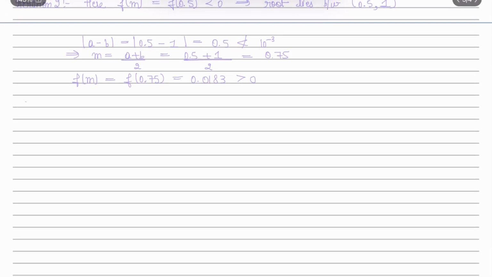Moving to the next iteration, here f of m, which is f of 0.75, is greater than 0,